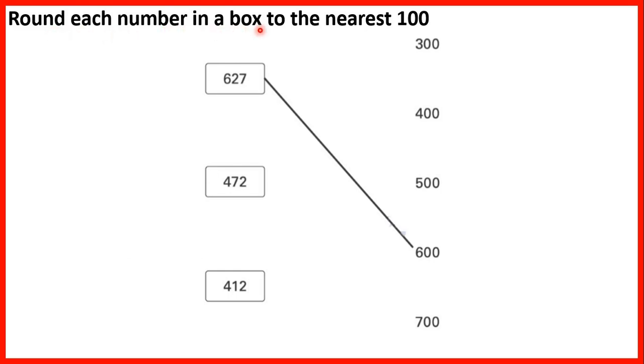Round each number in a box to the nearest 100. So they've told us that 627 rounded to the nearest 100 is 600. Now we have